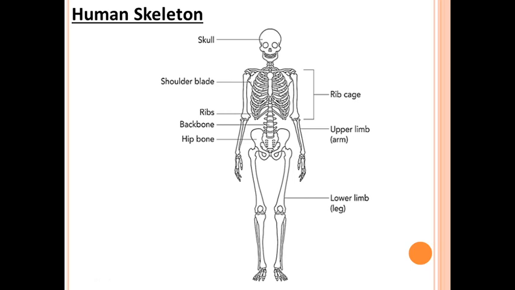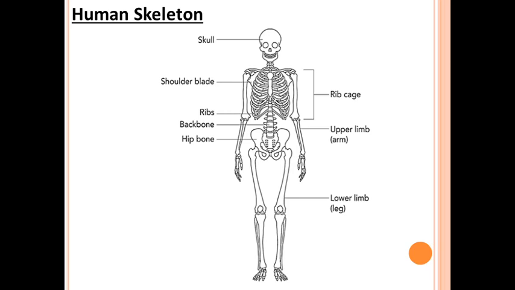The bones of the upper arm and the lower arm join at the elbow. So you can see, this is your upper arm, this is your lower arm, and these bones are joined here, that is your elbow. That we will learn in joints, how the bones are joined together and how there is movement. But understood about the arms, that is your upper limb.